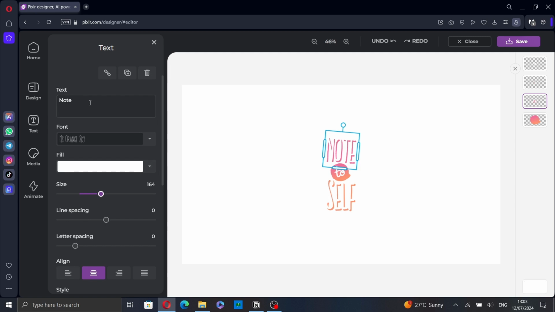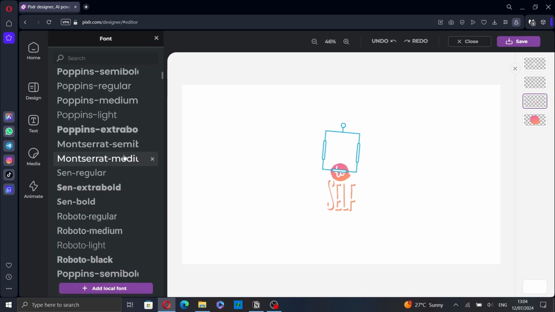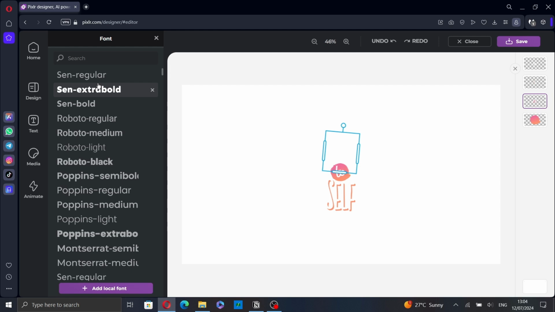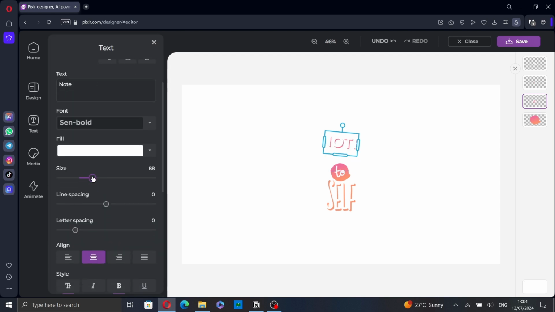And double click on the text to change it, or you can just click on this box here to change the text in the text box. Here you can select one of the provided fonts, or you can add a local font. You can also change the size, the line spacing, the letter spacing, and here you can align it